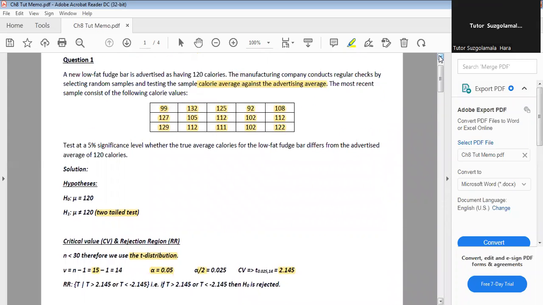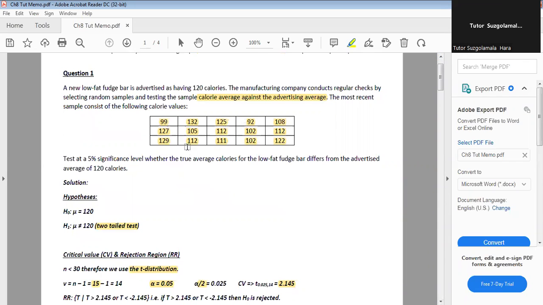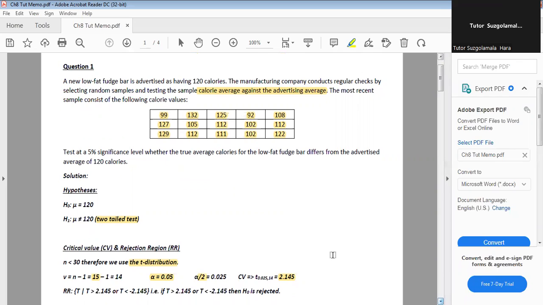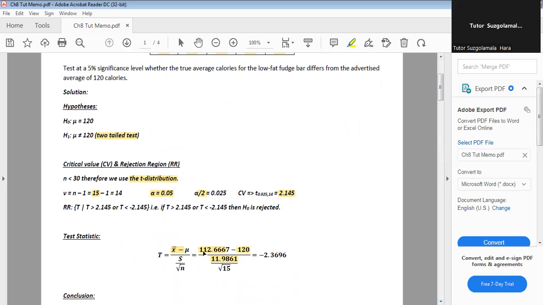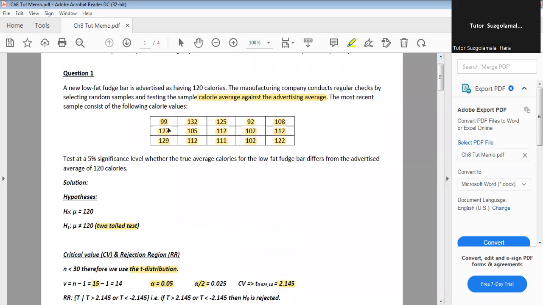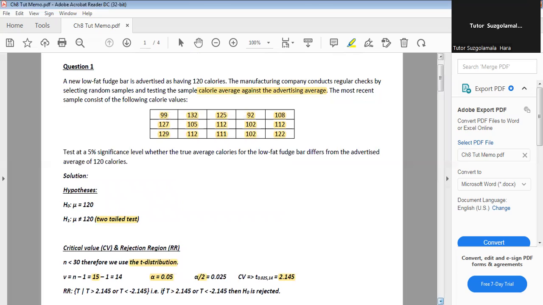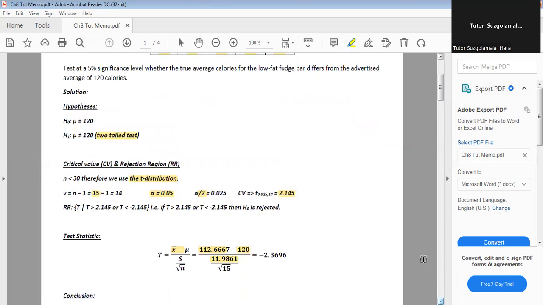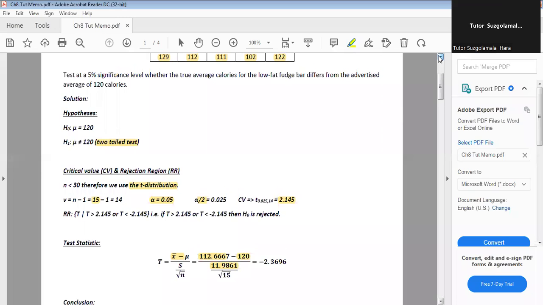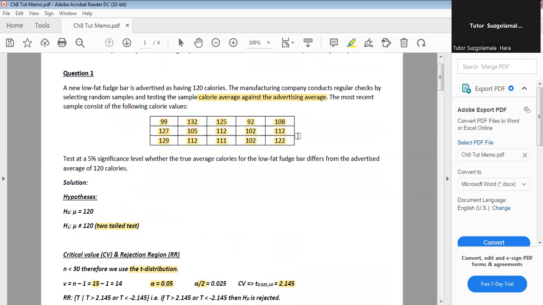So you are given a table here. You find your standard deviation by subtracting each of these. So it's 99 minus the expected mean that you found. So it will be 99 minus 112.666 squared plus 127 minus 112 squared plus, so you continue adding all this until you finish to the end, and then you find